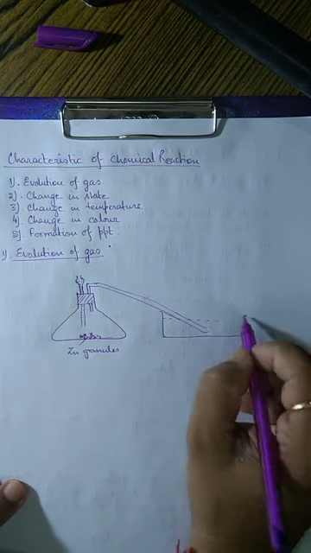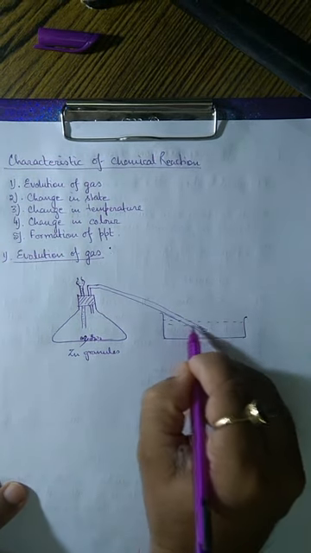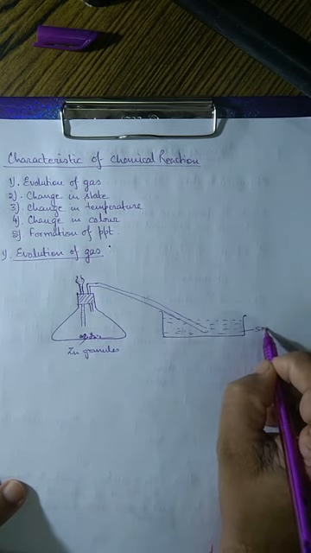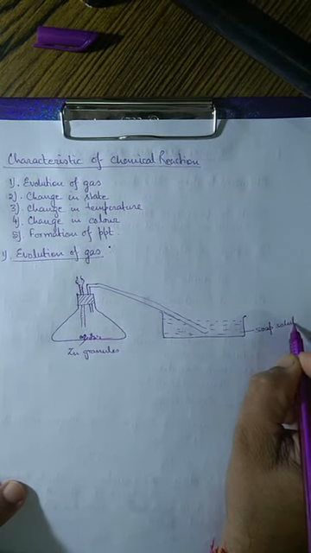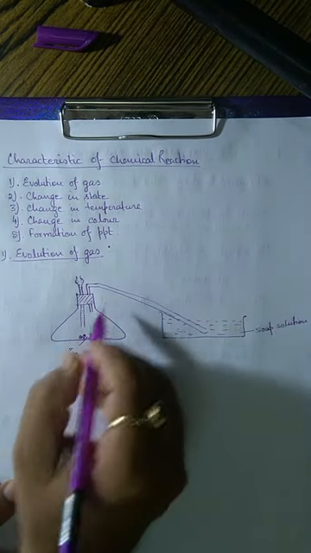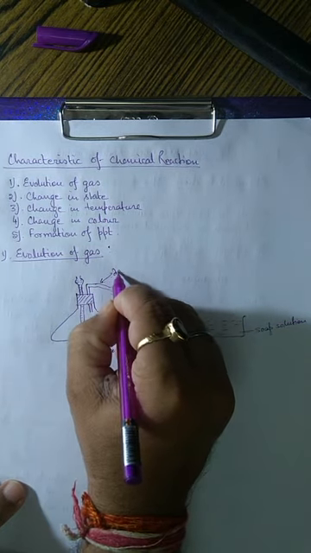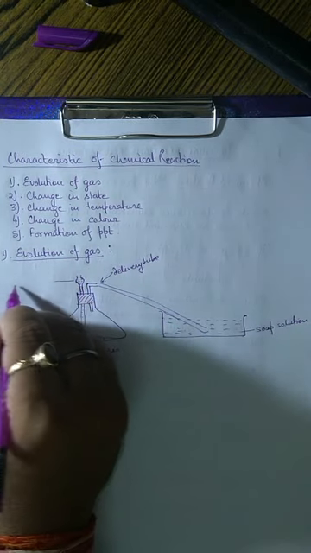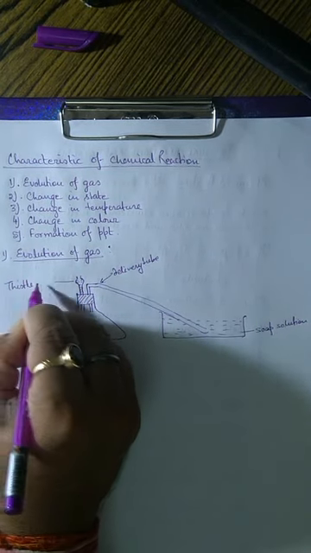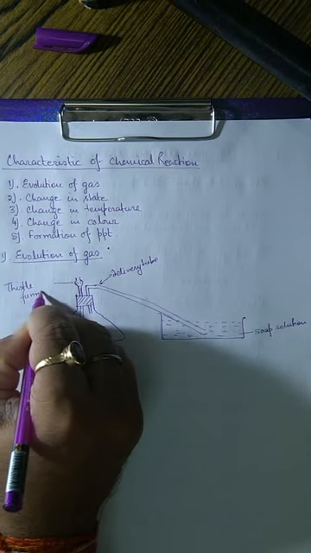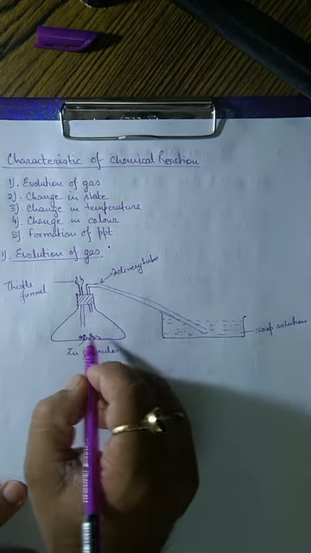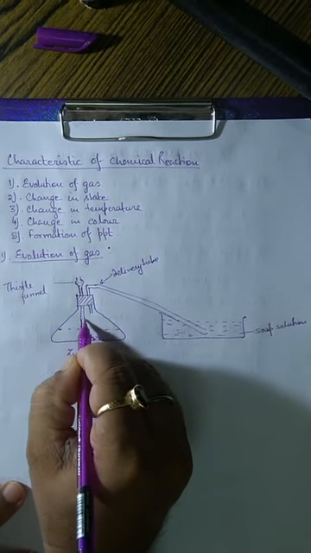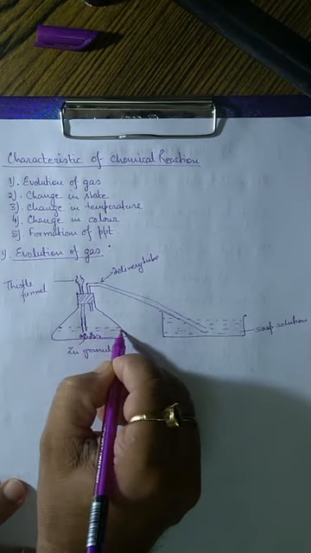in which a soap solution is placed. This is the delivery tube. This one is the thistle funnel. The liquid acid is being poured from here. This must be dipped into the acid